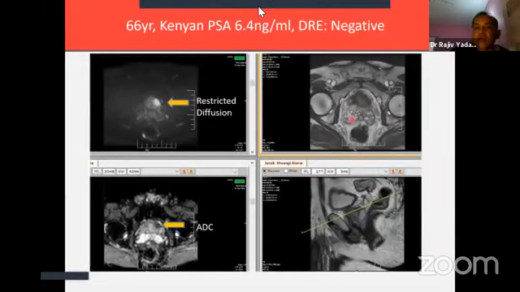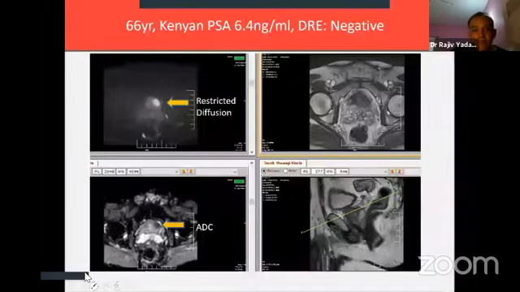So we are not able to appreciate much on the T2 weighted image, but more important, in the peripheral zone, we read that the diffusion weighted image should be given more importance. So you can see clearly a restricted diffusion on a diffusion weighted image and a corresponding dark area on the ADC map. Although it was not very well seen on the T2 weighted image,